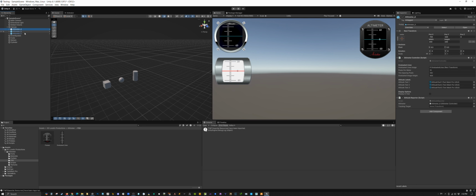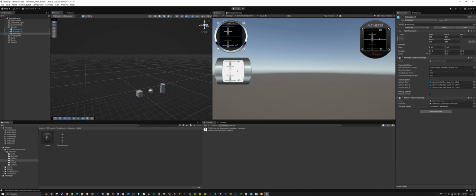So in Altimeter A, notice in the inspector there is a field called Tracking Target. This is where you drag any game object that you want to track. So in this case, it's our cube, but it could be your airplane or aircraft. So I'll drag that here, and that's all you need to do. In Altimeter B, I'll grab the sphere and track that. And Altimeter C, I will track the cylinder. So now, if I press play,